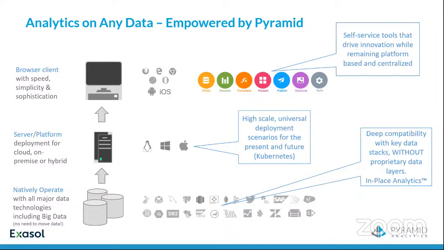My Illustrate module allows me to build dynamic infographics and also to create dynamic text generated from the data, again for inclusion in my dashboards and publications. There's obviously a full set of administrative tools to manage my content, my data access, servers, the users, and so on and so forth. And again, for more detail on this, please have a look at one of our monthly Introduction to Pyramid webinars where we go into a lot more detail.